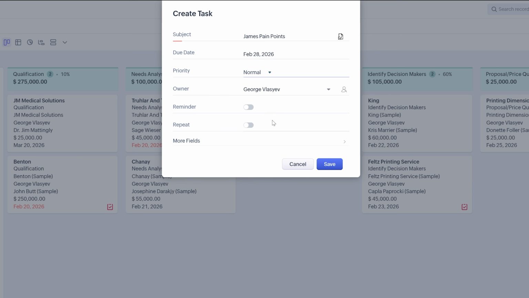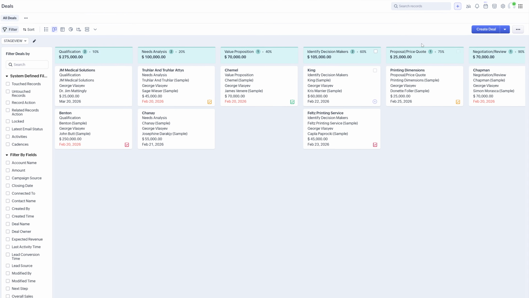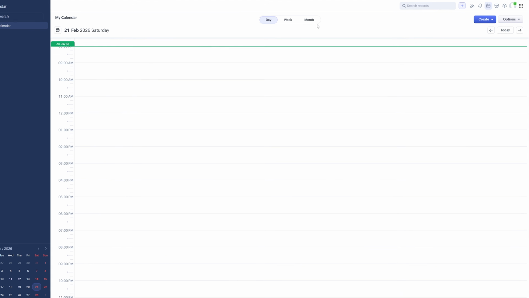There are additional settings too, like the ability to send yourself a reminder, have the activity repeat, and even a More Fields option for additional customization. For now, I'll go ahead and click Save. There's now a little calendar icon in the corner. Clicking on it lets you view the task directly in a new